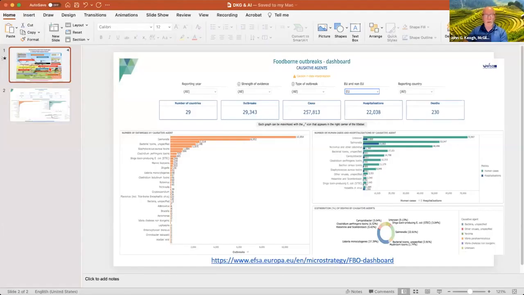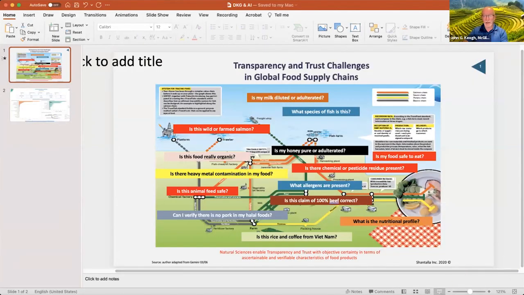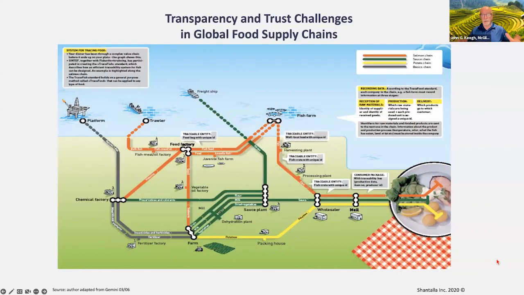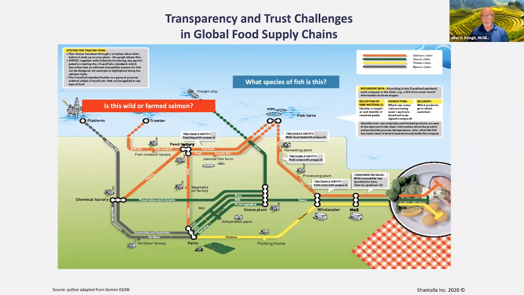And I want to go through these slides, as I mentioned, just to set the scene. Some of you may have seen me present these before. Well, the food chain is extraordinarily complex. This is just a simplification of what's going on out there. But as you start to build these pictures from the food that's on the right-hand side there, you try to figure out, well, what kind of fish species is this? Is it wild or farmed salmon? If you've paid 30% more for it, are you getting value for money, or are you being cheated?